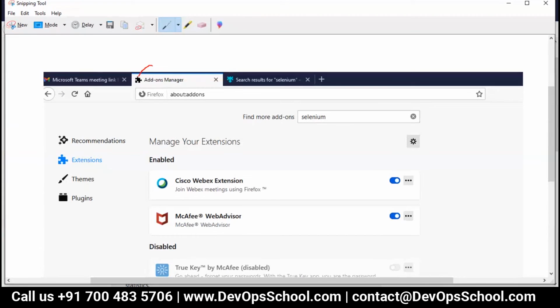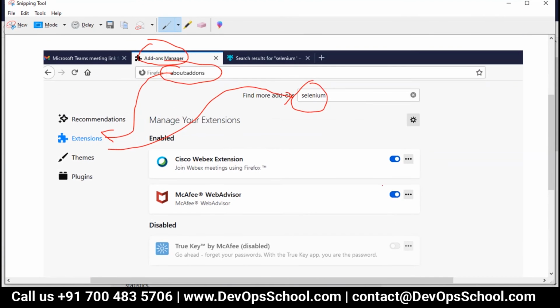First, the add-ons manager, add-ons, go to the extension. From here, search Selenium, which is here. Okay, done.